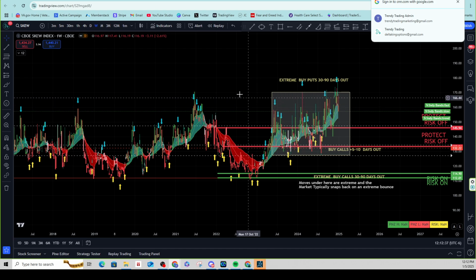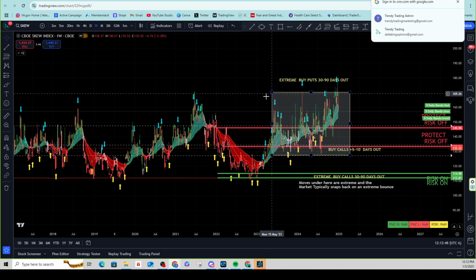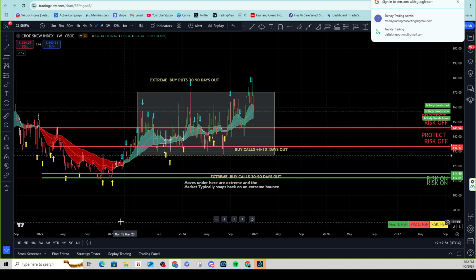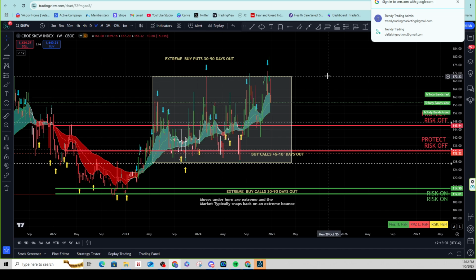However, things changed, right? And this was the area that I'm talking about, 2021, 22. We wanted to make sure that we didn't fall into that same way of thinking, and we wanted to adapt. And adapting was finding that these levels very quickly in 2023, 24 were going to be the levels we wanted to be, I guess, risk on, risk off, if you will. All right, so going forward in 2025, you can see here every time that the SKEW reached down into this level, this was a great place to go long on the SPY, QQQ, so forth, for only 5 to 10 days out and make some really good money.